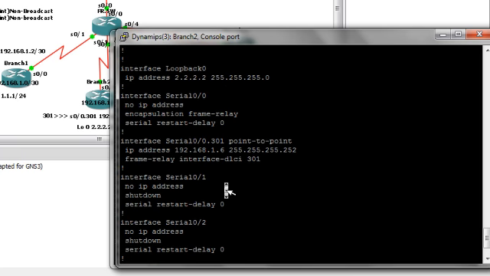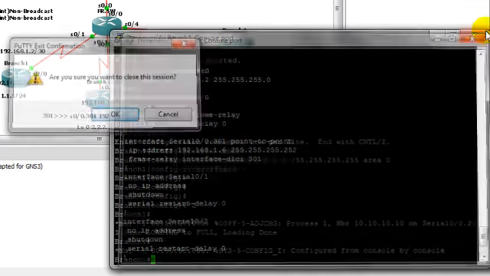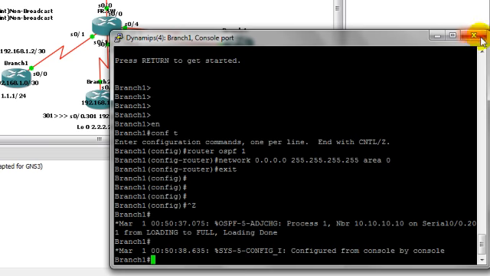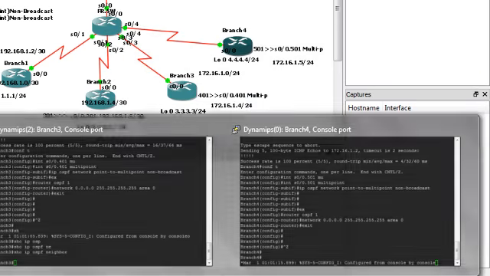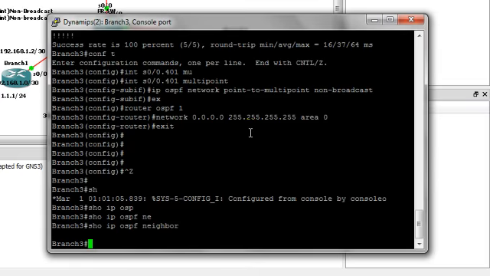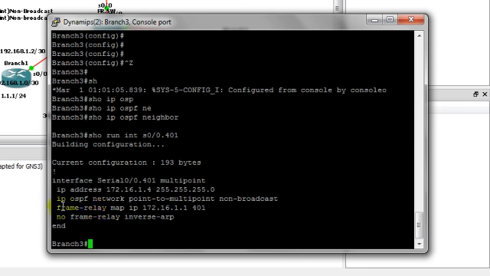Because, sorry, this is branch number 2. I don't want branch number 1. I want branch number 3 here. Show run interface serial 0/0.401. Look at this. Because I use this command, IP OSPF network point-to-multipoint non-broadcast, I disabled the multicast,